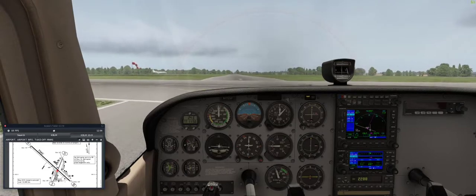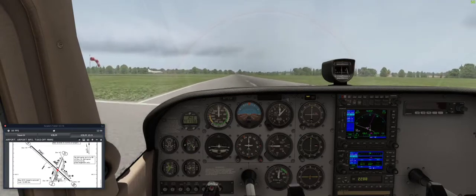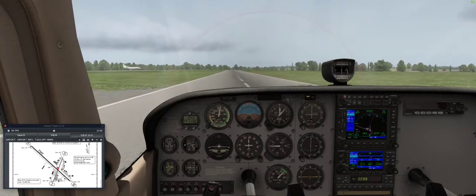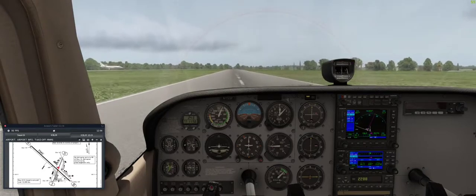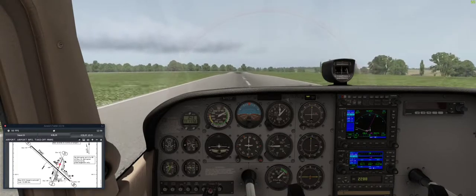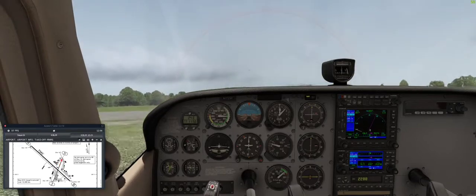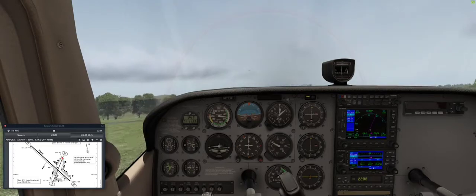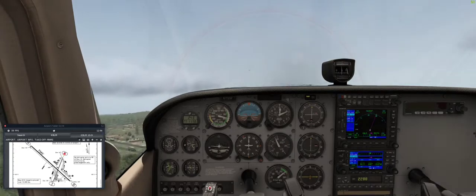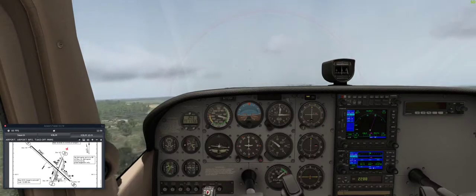I get the plane rolling and see which way it wants to windmill. Use my rudder to counteract that. Then apply power. And I lift it off the ground kind of briskly, and start trimming for climb. And you can see we're actually crossing our